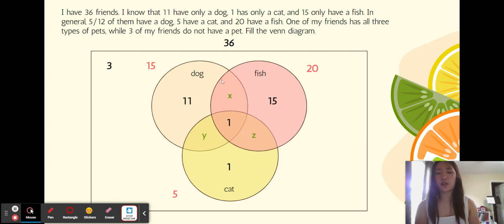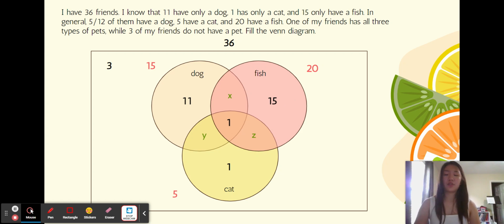So let's just look at the dog one for an example, the tan circle. I know that if I add x, y, 11, and 1, I'll get 15, because those are the parts of this circle. I don't have to think about the other circles right now. I'm just focusing on the tan one. If I add x plus y plus 1 plus 11, I have 15. Similarly, I can create equations for the other two circles. And then also,